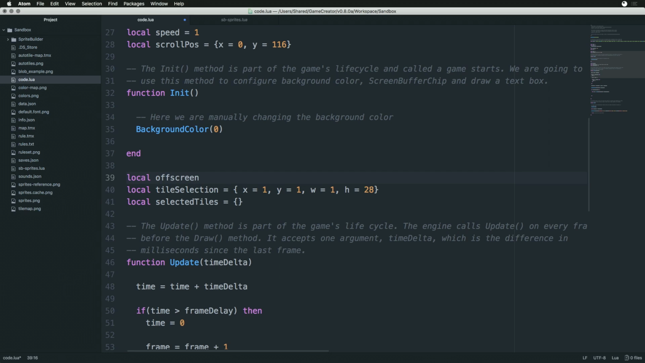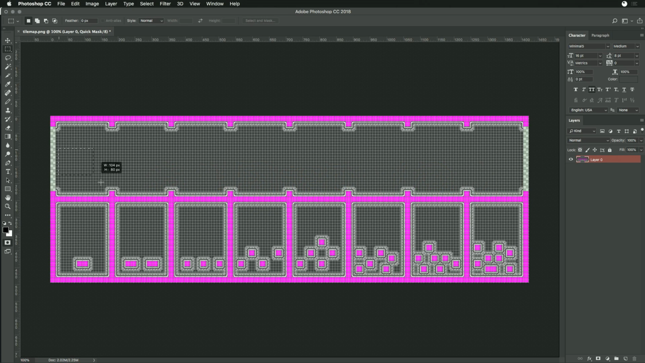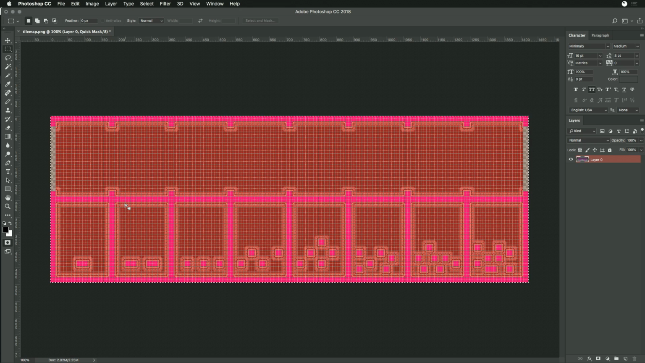And now local off screen. Width equals 1 and height equals 28. Now this is sort of important because we're going to be doing two things at the same time. The first thing we're going to do is go back to our tile map here and take a look at this, right? So like if this is, all right, so this is what our map is, right? And if we create a 160 by 144 hole in it,